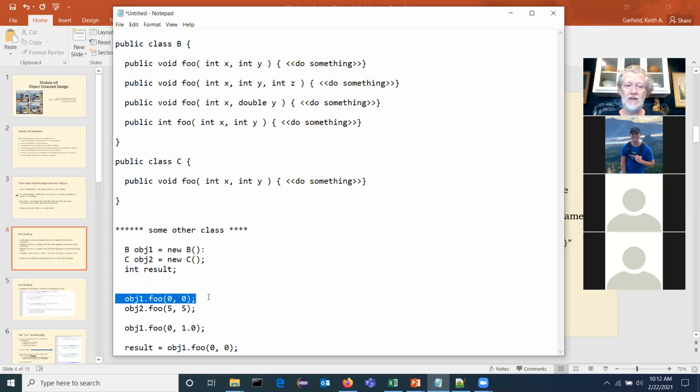And sure enough, that first definition meets that. So the Java virtual machine can go find that. And then we have this, where I need you to go to object2, and inside object2 is a method called foo that takes 2 integers as input and doesn't give you any output. Oh, and by the way, object2 is of class C. So it goes and looks inside class C. Sure enough, there's the method foo, and it unambiguously can determine what you want done.